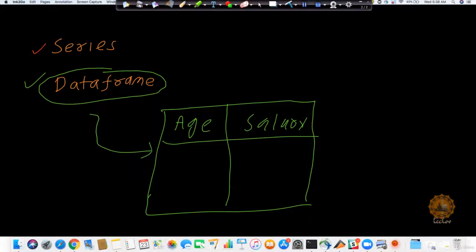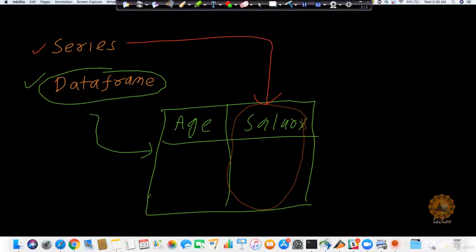On the other hand, if I talk about this particular salary column, you can represent it like a series. Whenever you call a column of this data frame, you can represent it like a series. So this is how you can visually represent this data and understand what it's going to be.